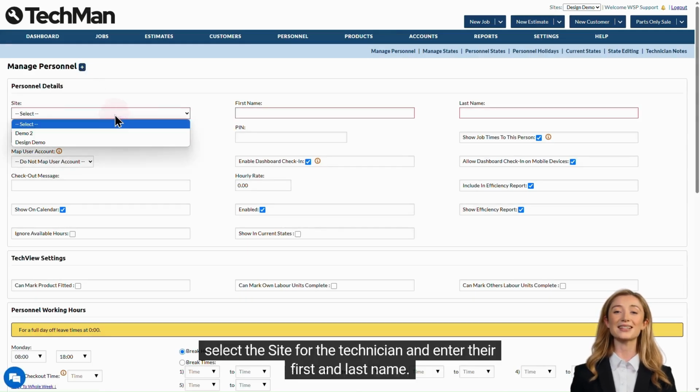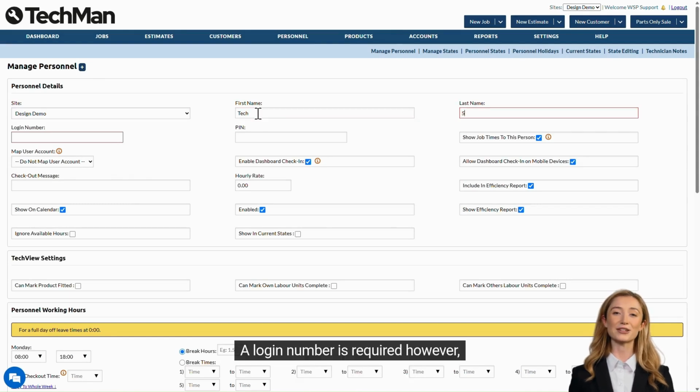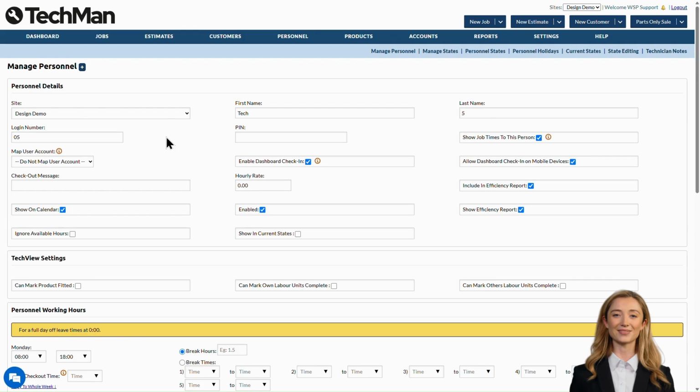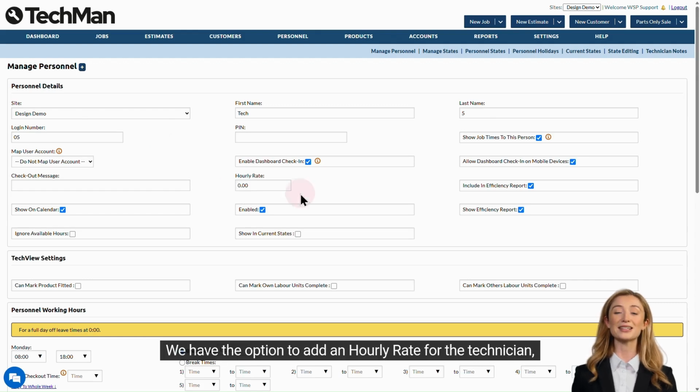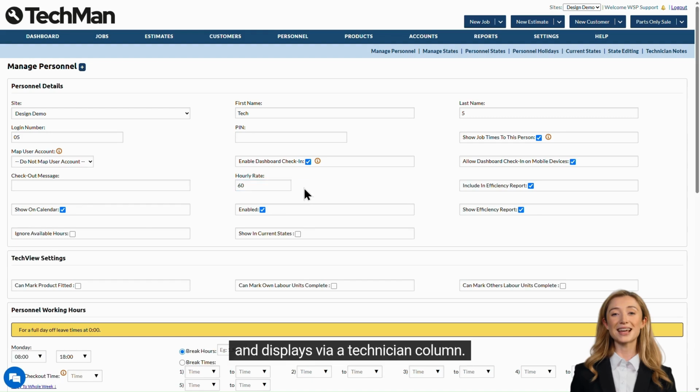First, select the site for the technician and enter their first and last name. A login number is required, however, this feature won't be required unless you have the advanced or pro level of TechMan. We have the option to add an hourly rate for the technician. This will now be visible when using the job cell, cost and profit graphic on a job and displays via